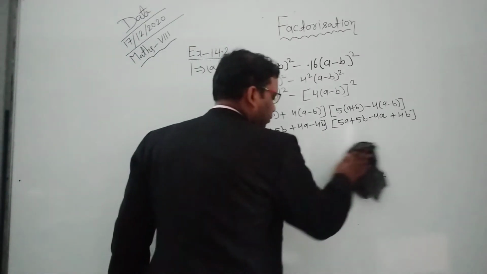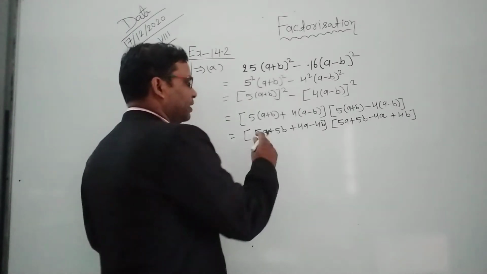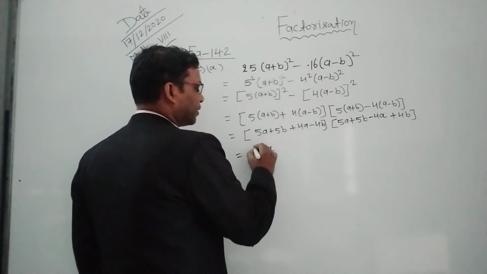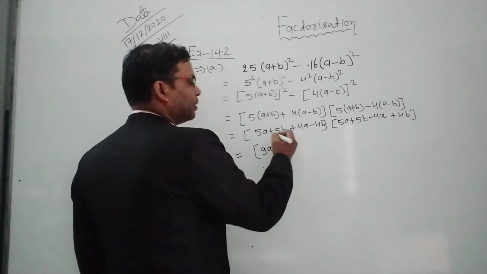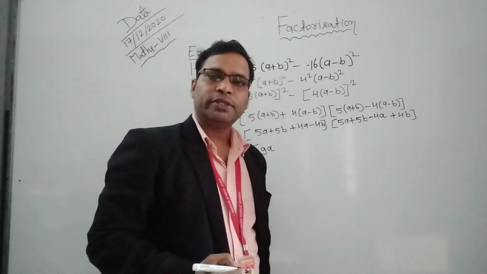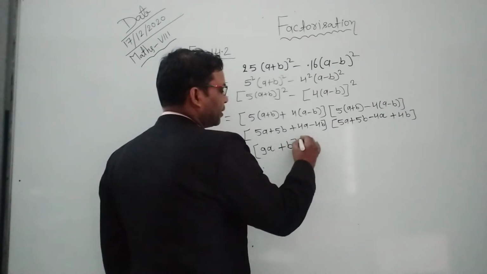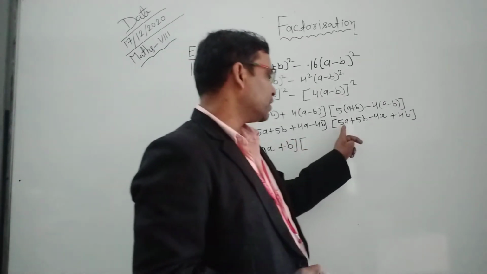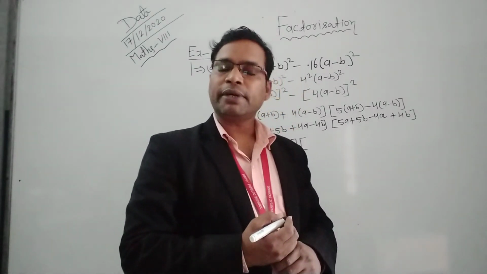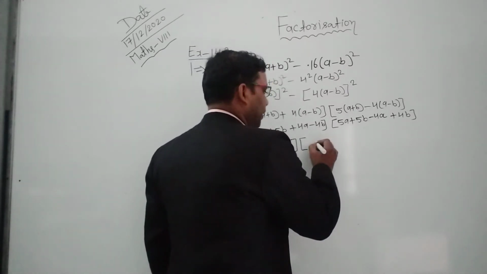So here, according to this law, we explain it, and here you can see 5a plus 4a. 5 plus 4 is equal to what? 9. 5b minus 4b. 5 minus 4 is equal to 1. So you can say 5b minus 4b is equal to 1b or only b. So here you write plus b. Clear? Now, here you can say 5a minus 4a. 5a minus 4a is equal to what? Obviously you can say 5a minus 4a is equal to a. Or 1a means a. So you write here a.